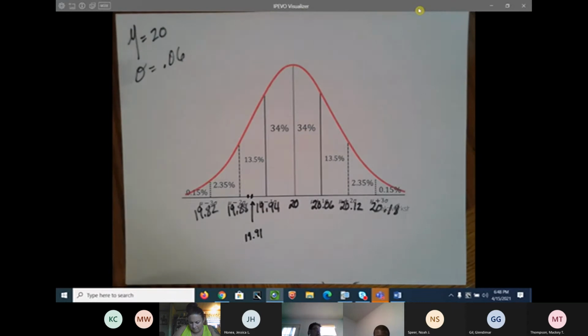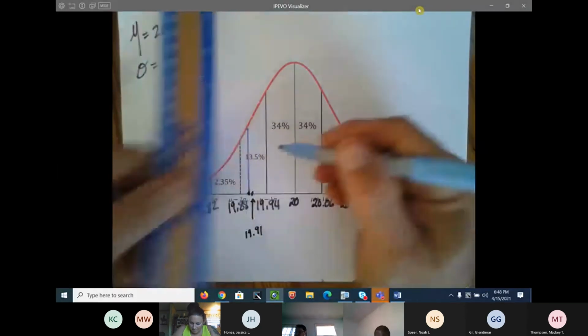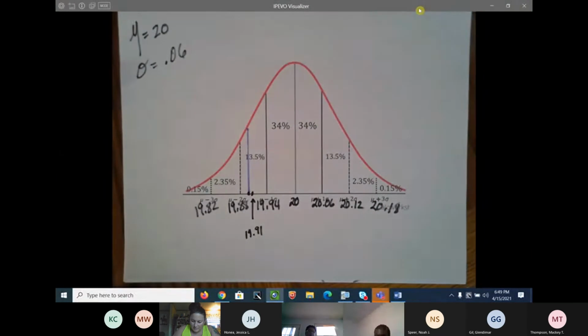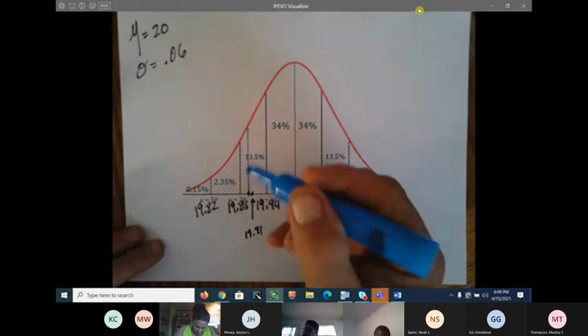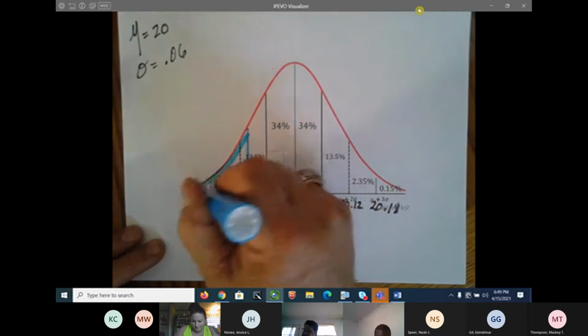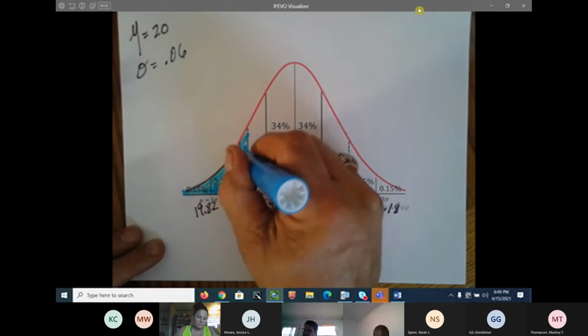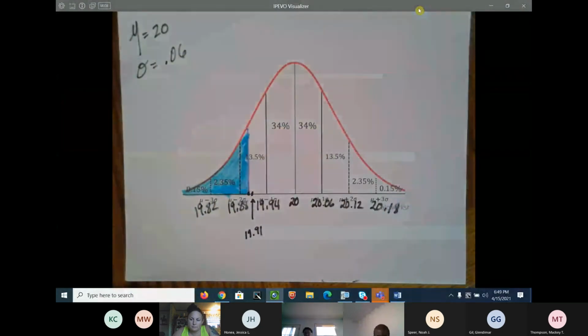And I'm going to take a blue marker. This is light blue. And what side of the blue marker is less than? The left. The left. So I want everybody to shade the left-hand side because that's what we're going to find. So I'm going to take my handy dandy highlighter and I'm going to shade. And that's the percent. Now you could do the empirical rule and get an estimate, but for time purposes, we're just going to do negative